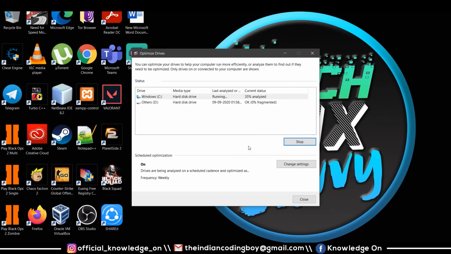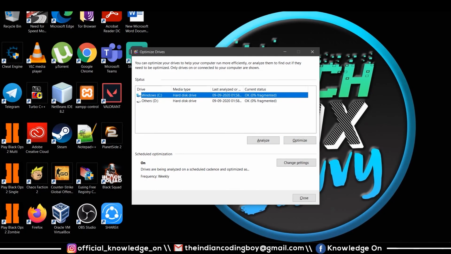It's analyzing now and it will start defragmenting. I will pause the recording for a moment, and when it is totally defragmented, I will show you what happens. After a brief amount of time, the defragmentation process is over, and now we can see that it's 0% fragmented. Previously I had 1% of fragmentation, which is not really a big problem.